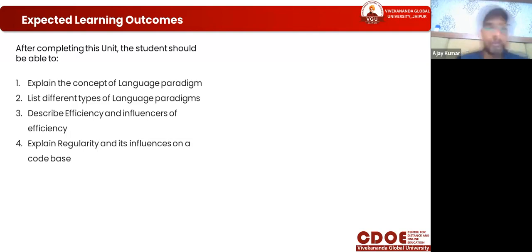So we learn all these steps and parts for stability, and how the principles of a programming language explain regularity. All code bases follow regularities according to the principles of programming languages, which we will learn in this session. So let us start.